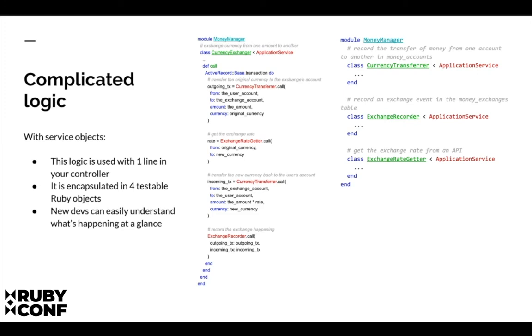This service object, the exchange rate getter, gets the exchange rate from an API. The exchange rate recorder records the exchange rate event in the money exchanges table. And the currency transfer records the transfer of money from one account to another in money accounts. And then we have the currency exchanger